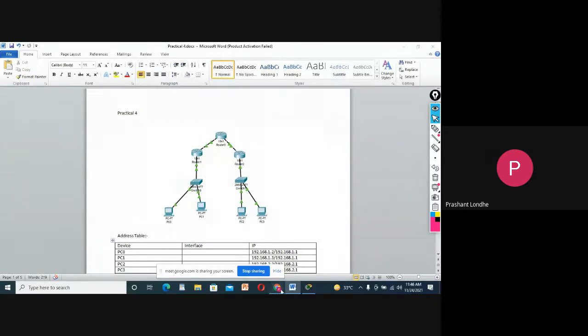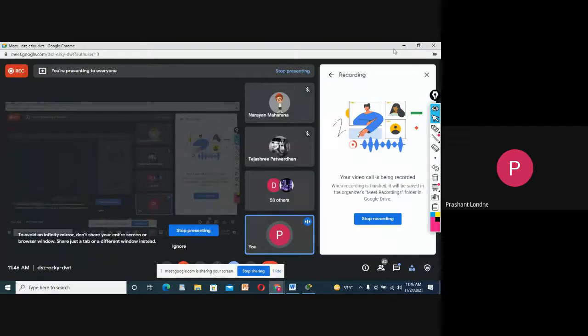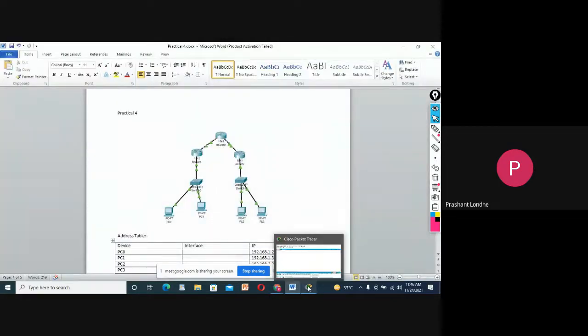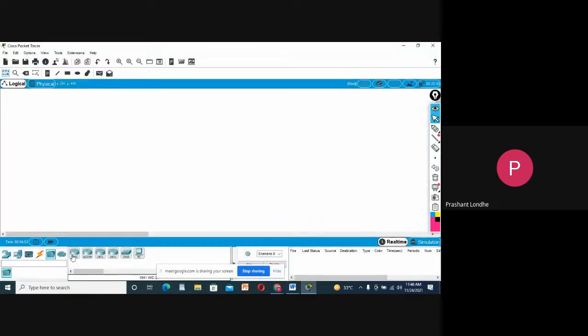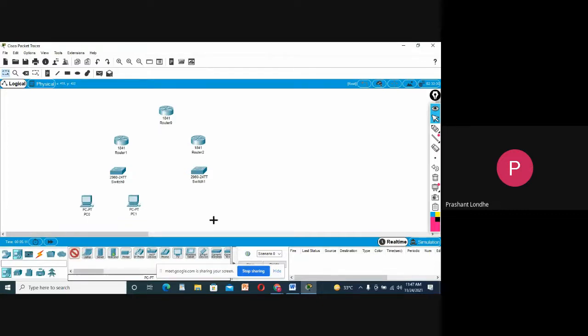So let's start implementing. 3 routers, 1, 2, 3, then 2 switches, and the machines.